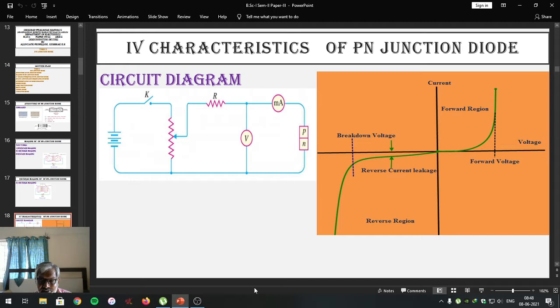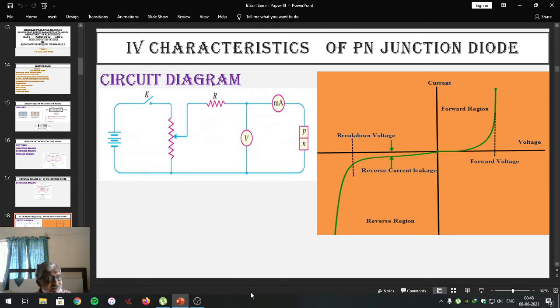Forward biasing is the biasing in which the battery is connected in such a way that the positive terminal is connected to the P region and the negative terminal is connected to the N region, which is against the barrier potential. This will reduce the barrier potential, reduce the depletion layer, and reduce the junction resistance, and it allows current to flow through it due to the majority charge carriers. This is possible if the supplied voltage becomes equal to its breakover voltage.